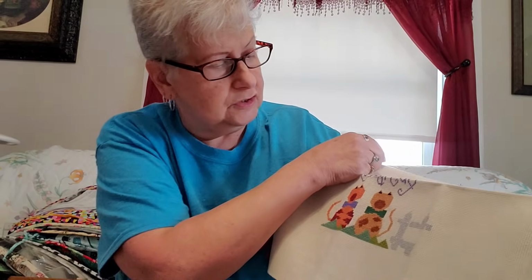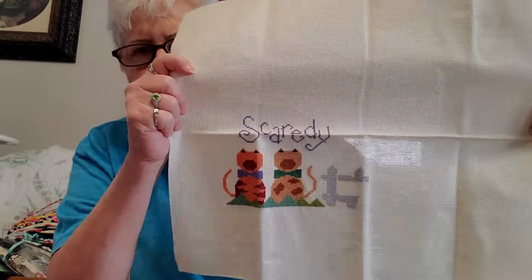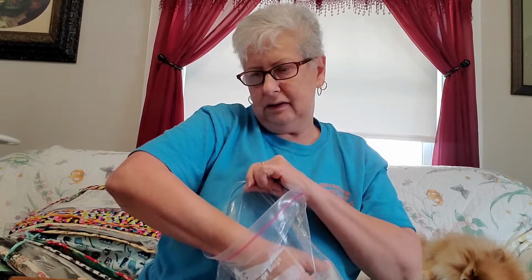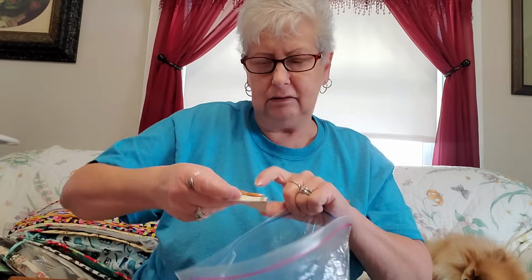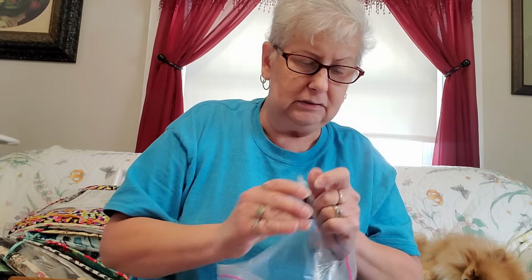So, and the stitching is really nice and even on it. So I'm going to finish this. There's the stitching. This is called Scaredy Cats. So it had these buttons in it, and it had these Mill Hill beads in it,